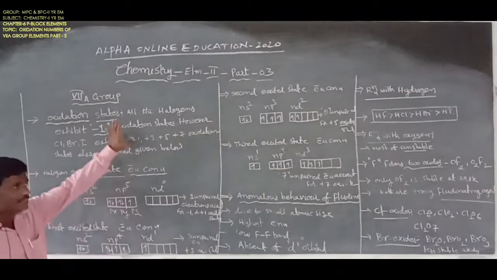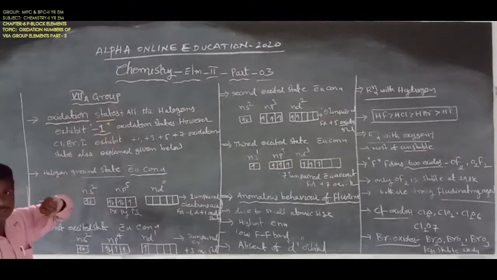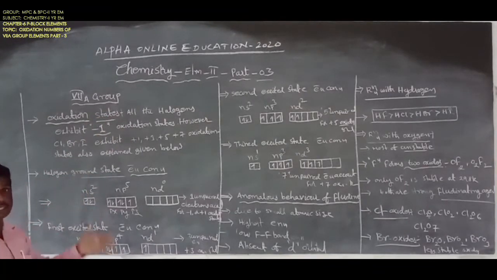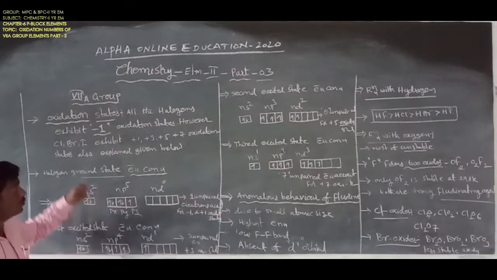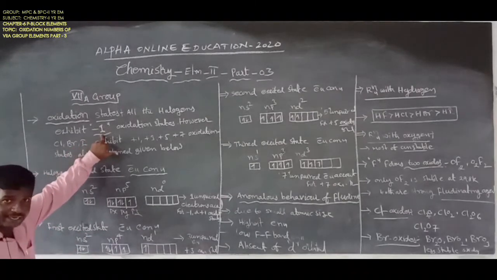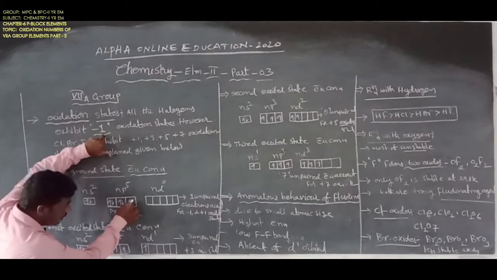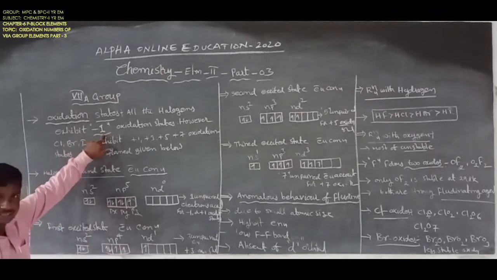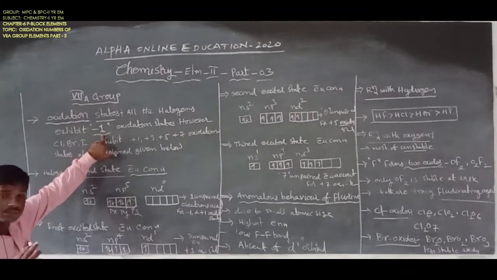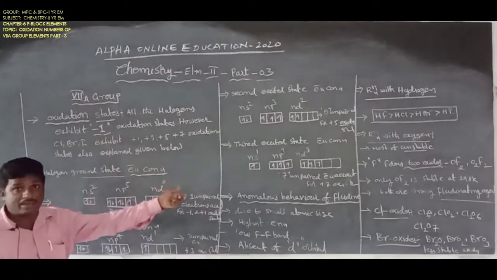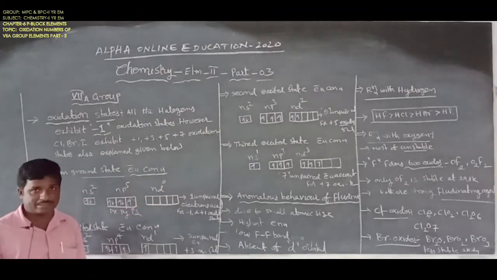Here are the oxidation states of the halogens. All group 7A elements exhibit the -1 oxidation state because of the one unpaired electron in the pz orbital in the ground state electron configuration. So those elements have one unpaired electron in the ground state, and exist in +1 or -1 oxidation states.